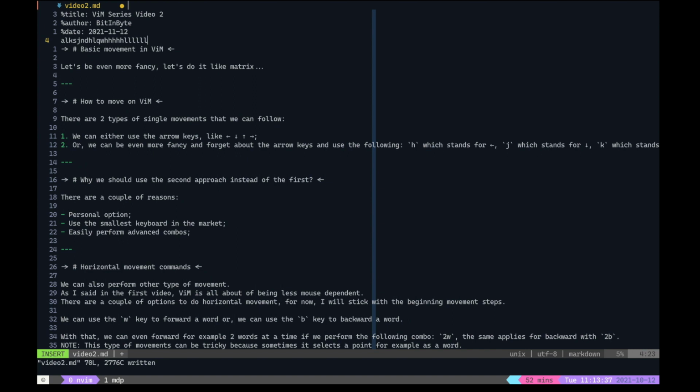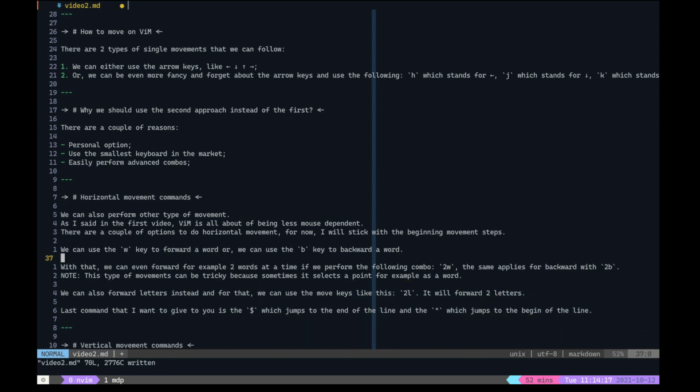If I have one mistake and I want to go left, I just press the escape key, go to normal mode, and then I go left, do whatever I want, and then I just enter insert mode again and add what I want. It's a minor drawback that you have, but you'll get the advantage later when you execute advanced combos, because it's easier, believe me, if you press the second approach keys than the arrow keys. Okay, so what do you have next?